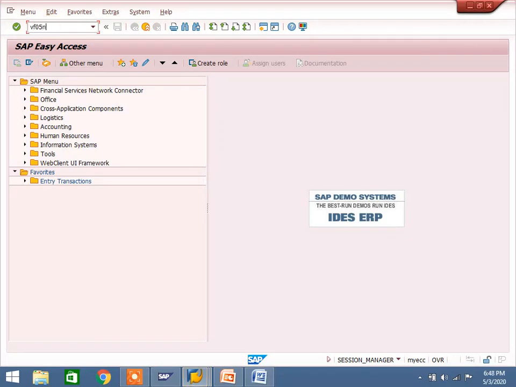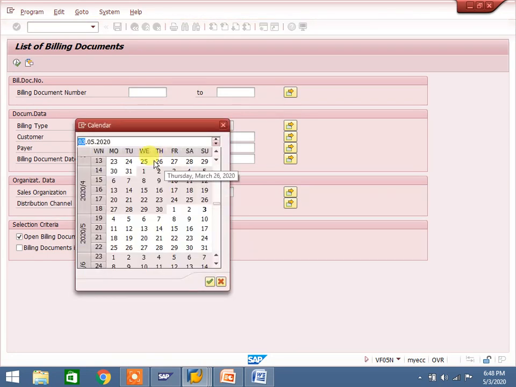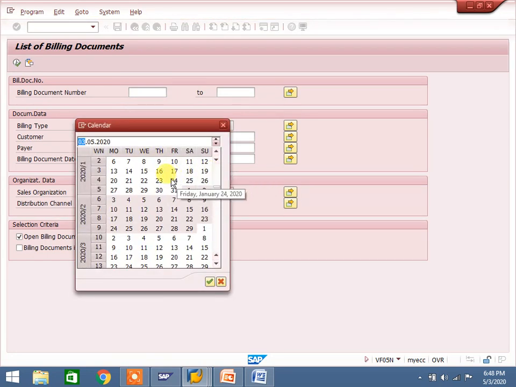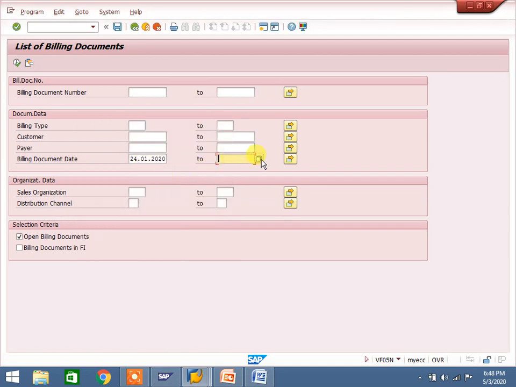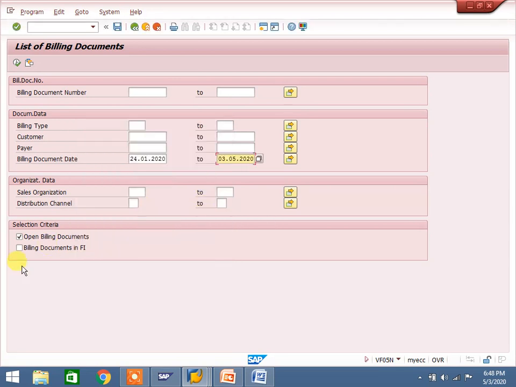VF05N is there. We have a lot of reports here. While executing, it asks for billing type and billing date, and we take the last two to three months of billings.